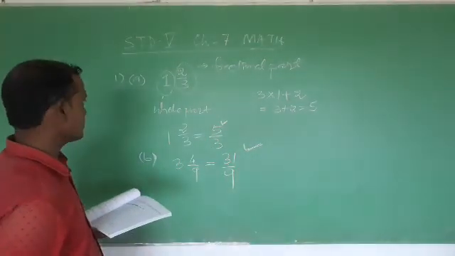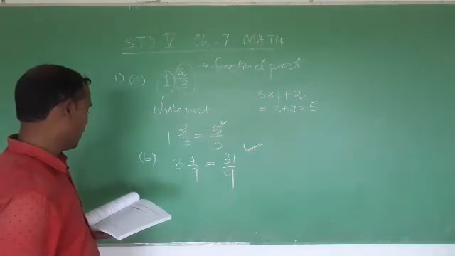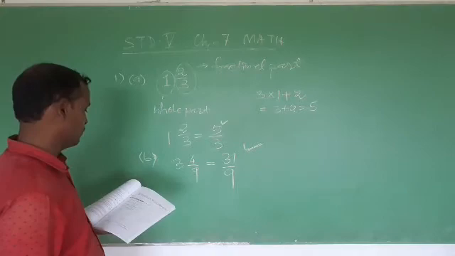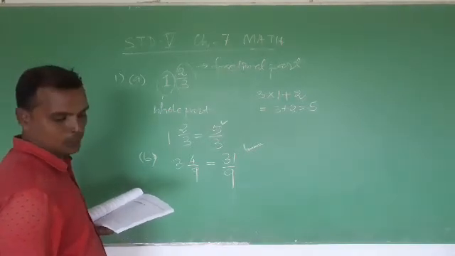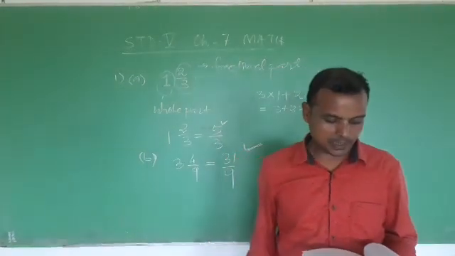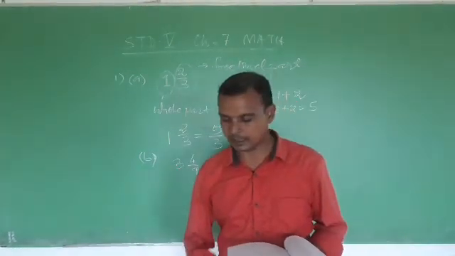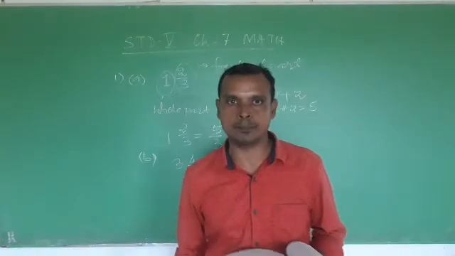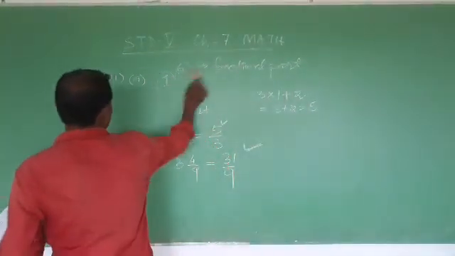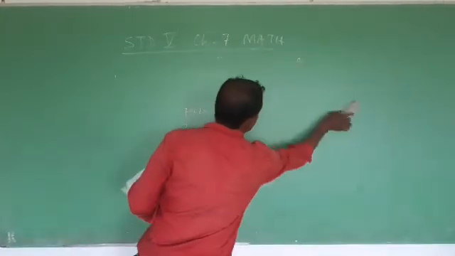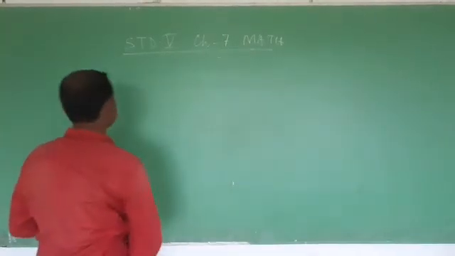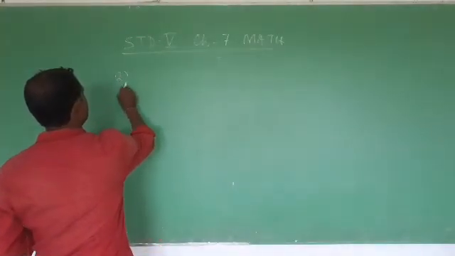So now you have known how to convert a mixed fraction to an improper fraction, and you can do question number 1. Next come to question number 2. Fill in the blanks with mixed numbers. Okay, the fraction is given as improper. Here the numerator is greater than the denominator, and you have to convert it to mixed fractions.